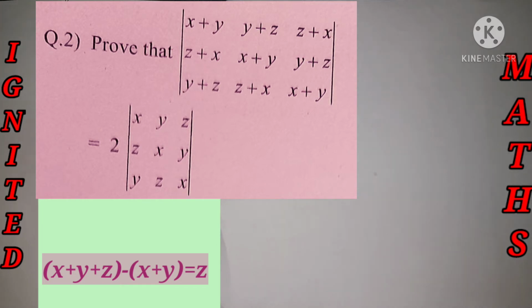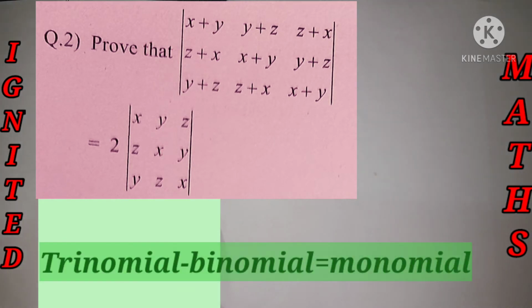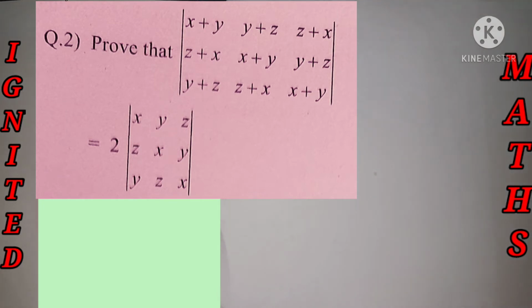Yes, it's nothing but the monomial. This is how we need to find it. The question is given in binomial and we need to get the answer in monomial. So what we can do is convert the LHS term into the trinomial term and subtract by the binomial, and we will get the answer in monomial. Still any doubt? Let's get started with the solution.